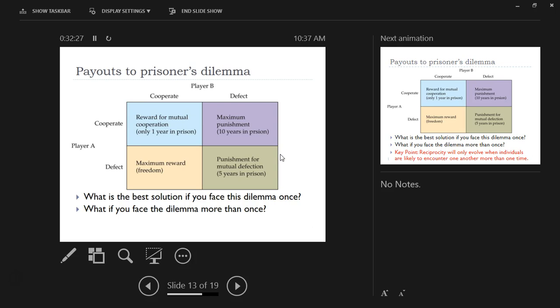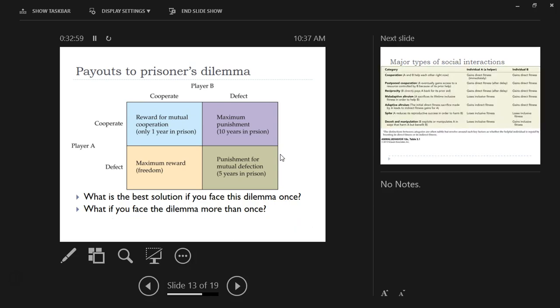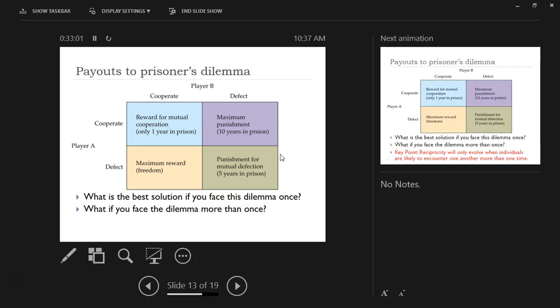Whereas if you both are going to be doing this over and over and over again with each other, if you always stay silent, yes, you're going to get 1 year every time, but over 10 times you're only going to get 10 total years. So this becomes a better outcome as long as you guys can reliably stay and cooperate with one another. And if you know you're going to keep encountering each other in that same scenario over and over again, this becomes a beneficial scenario to go in. Where you're both cooperating with each other. You're both staying silent. Do you buy that? Does that make sense?